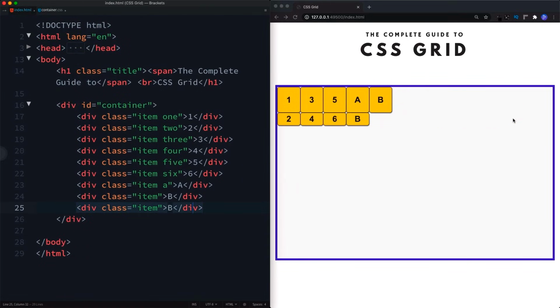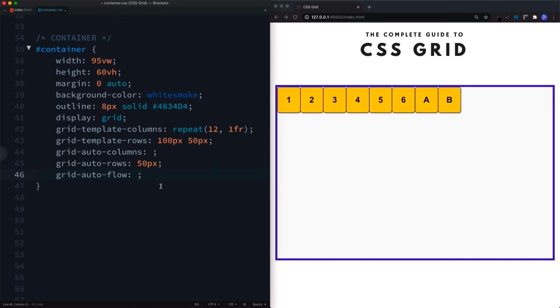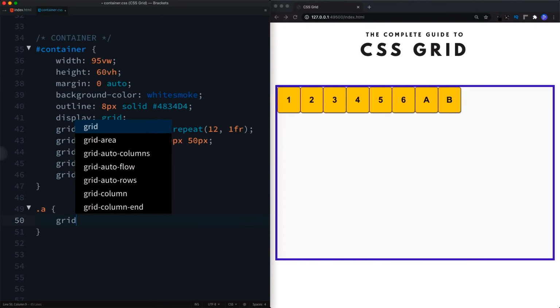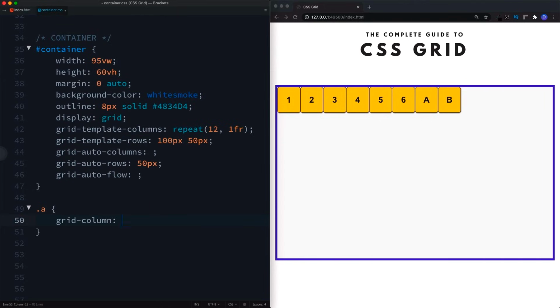Now there is also another value for grid auto flow here, and that is the value of dense. So let's just go ahead and remove column. And for this, I'm just going to go ahead and select item A. And what I'm doing here is I'm using an item property called grid column to move item A inside the container. And of course, we will look at this a bit later on. I'm just going to set this to 10/11. Essentially, all that means is take item A and start it at column 10 and end on column 11. So that's column line 10 and column line 11. So now items A and B have been pushed over here.